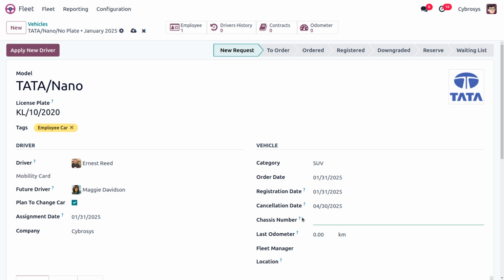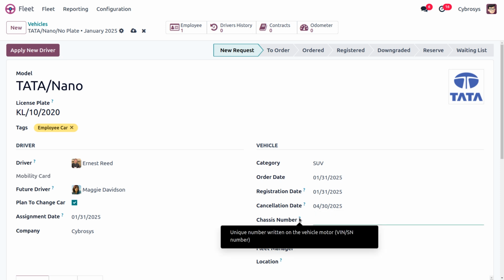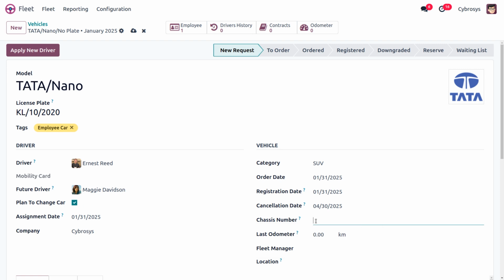Now you can also set the chassis number, that is a unique number written on the motor vehicles, and you can find a number on the number plate and all. And you can also give the odometer reading. So I would like to set it as 100, and let me provide the chassis number over here.